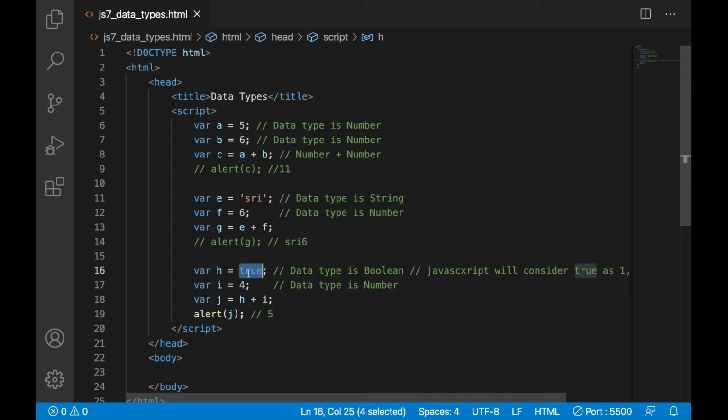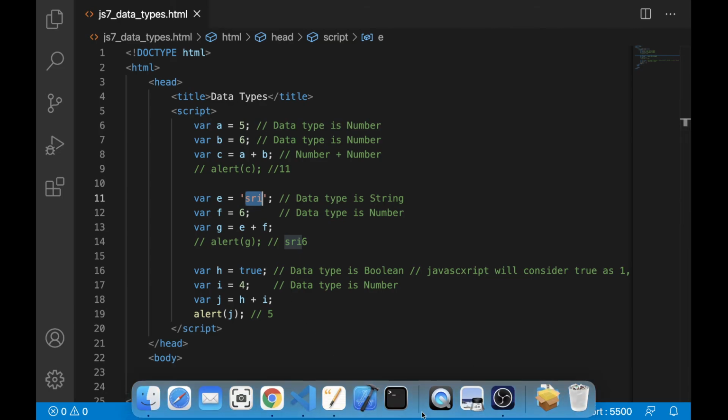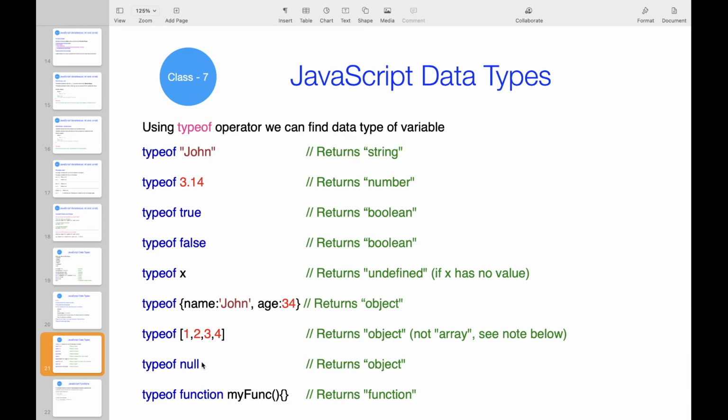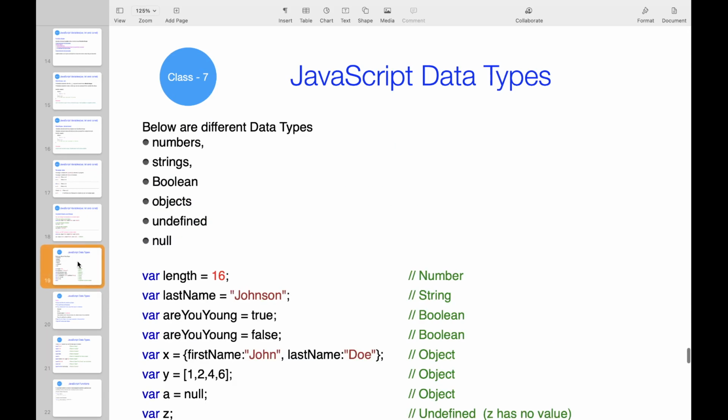True and false is a boolean. If you use single quotes or double quotes, that is a string. If you use any objects or arrays, that is an object. Null is also part of the object only. Here a function returns function. So that's it about data types.